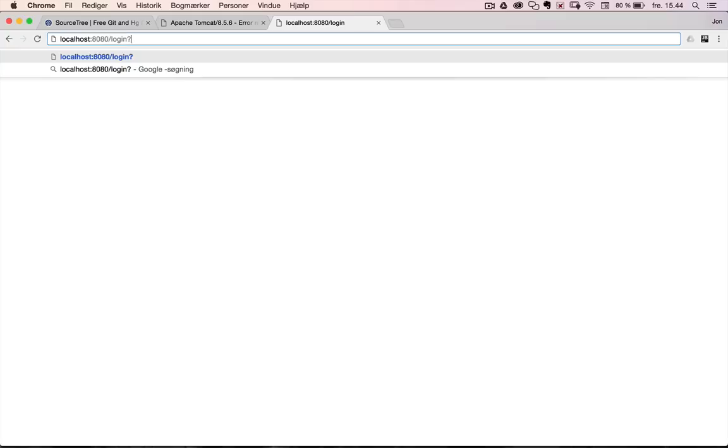So what I want to try now is to send a parameter, and maybe you know this, on a URL you often see this question mark. Now I want to write loginname equals, and then I just write my name, let's say Jon B, and then I say password equals test123. If I type this, of course nothing is still happening, but I'm just doing this to show you a little thing about servlets and how you can actually send request parameters from the URL